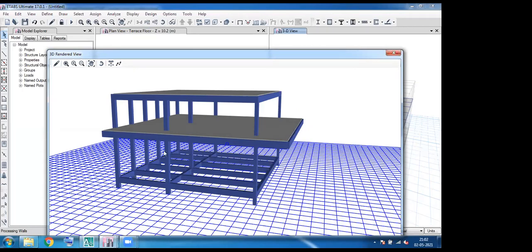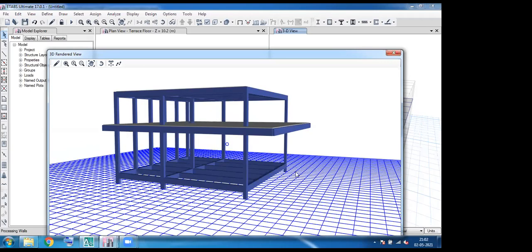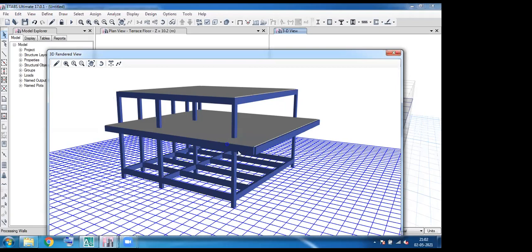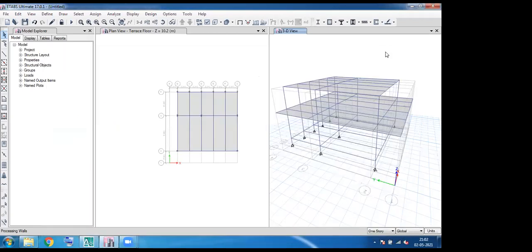So this is our structure. We can create a staircase, a lift and lift shaft by using ETABS. Okay, so now some of the questions right here.